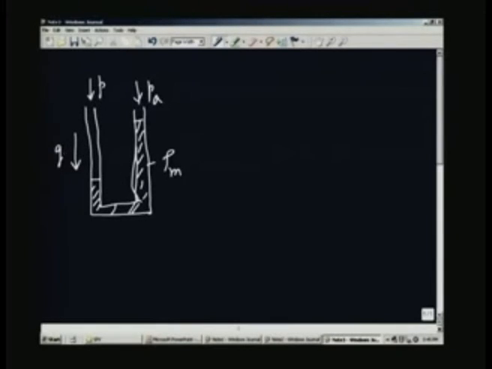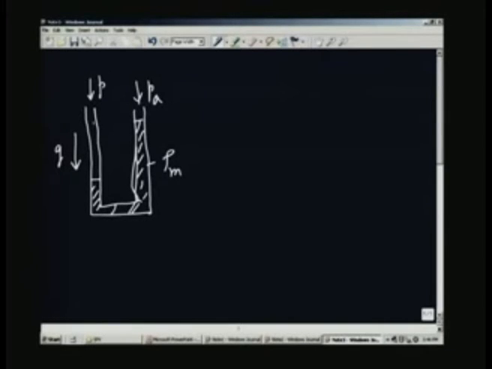Of course, the manometer will not work where there is no gravity, and fortunately we have gravity all over the world, and wherever you go you can use this instrument, but it has to be in vertical orientation. That means that you have to make sure that the U tube is actually vertically oriented. The two limbs of the tube must be exactly vertical.